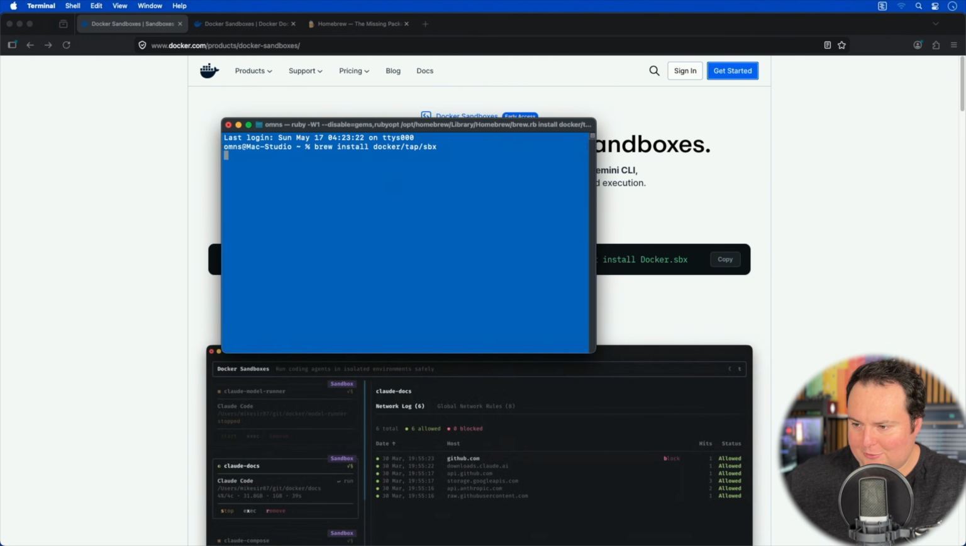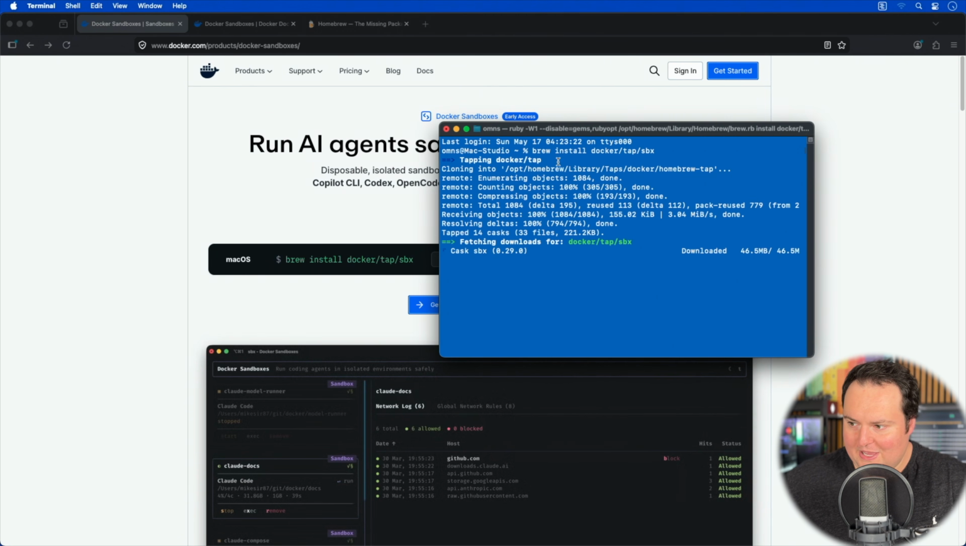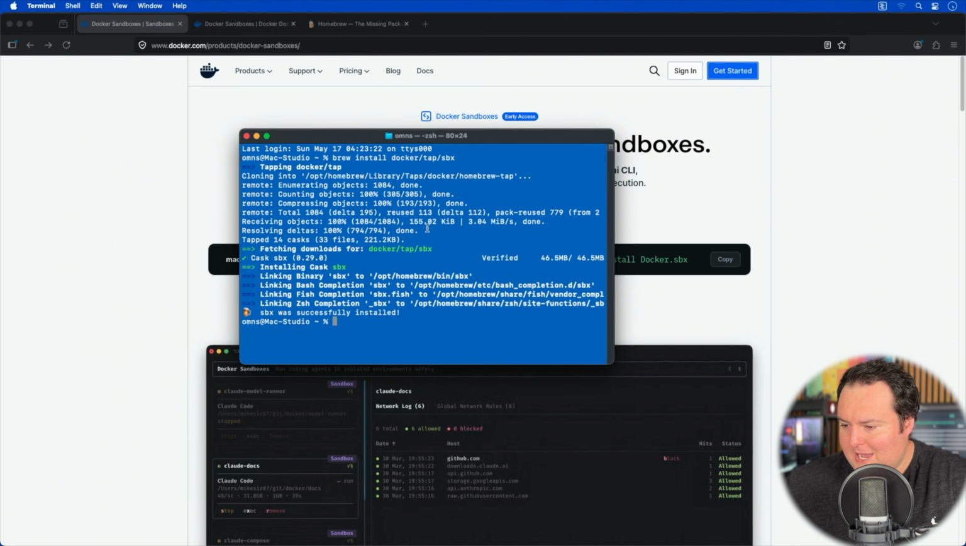So now that brew has been installed, our next step is to go back here to the Docker page and just copy paste this command back into our terminal. You can also just use the up down arrow keys to cycle through previously entered commands if you would like. And we now see that our sandbox installation is currently in process. And after a short bit of time, we will see that SBX was successfully installed, SBX referring to the Docker